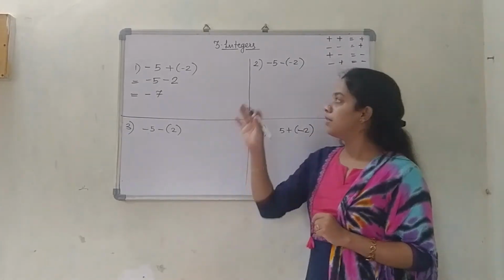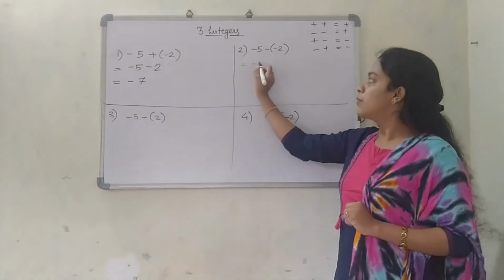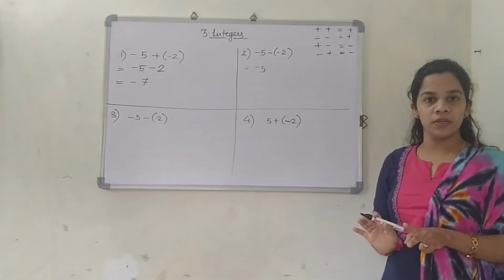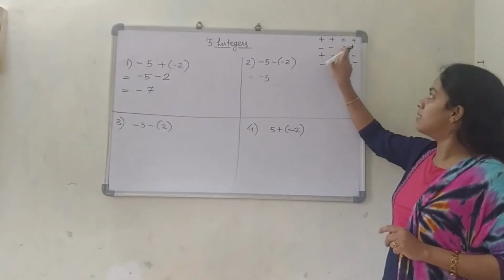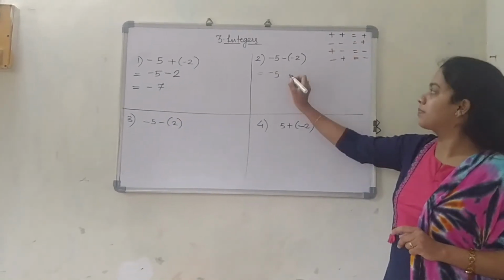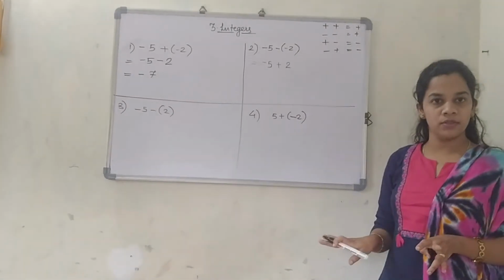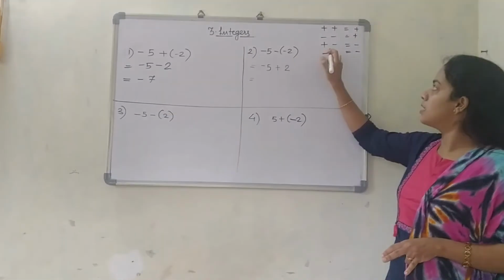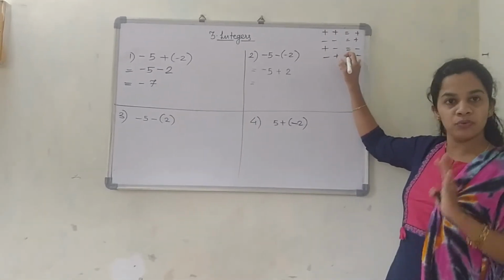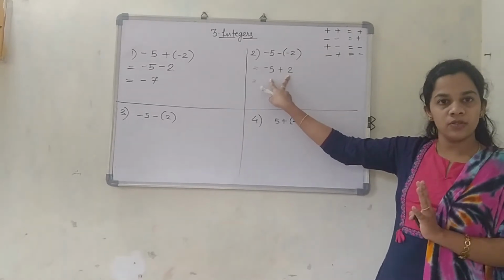Now just focus on the next part. Okay? As per rule, I am going to write minus 5 as it is, which is the first number. Minus minus. Minus minus is what? Plus. This 2 will come as it is down. Brackets are released over here. Just focus. Minus plus. Minus plus is minus, which means I am going to subtract these two numbers.